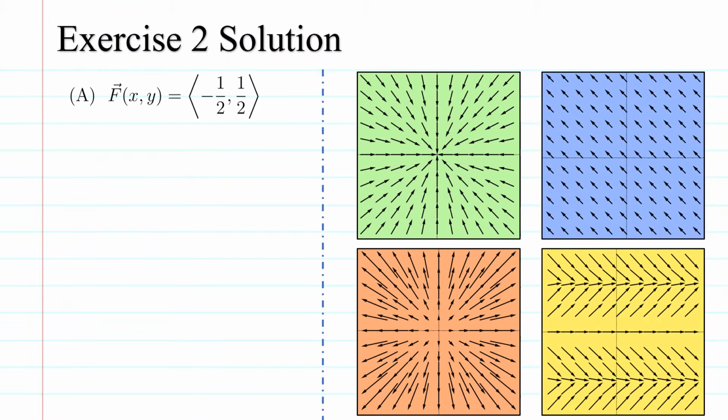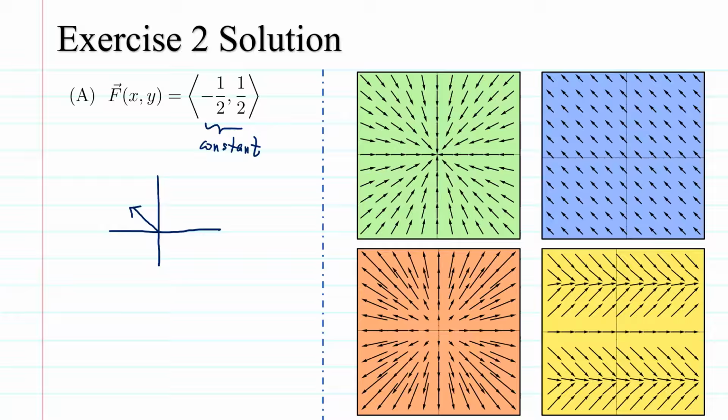Okay, dito sa letter A, take note, yung components ng ating vector field ay constant. Constant in the sense na hindi sila nagde-depend sa x at sa y. Walang x at y dito sa vector field na ito. Tapos, kung titingnan natin yung vector na negative 1/2, 1/2, it points to sa upper left, diba? Parang ganyan. So, ang nangyayari dito, kahit anong point x, y ang tingnan natin, yung vector na manggagaling doon ay